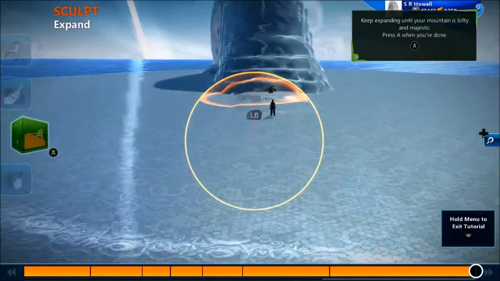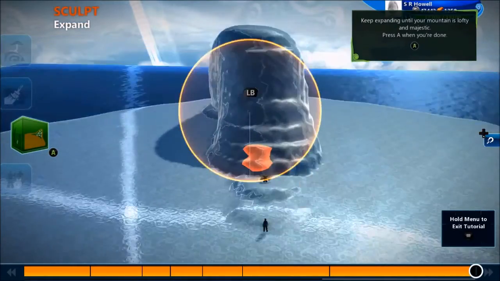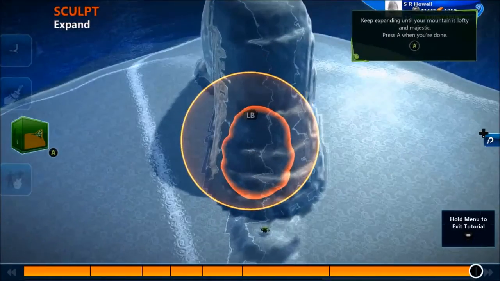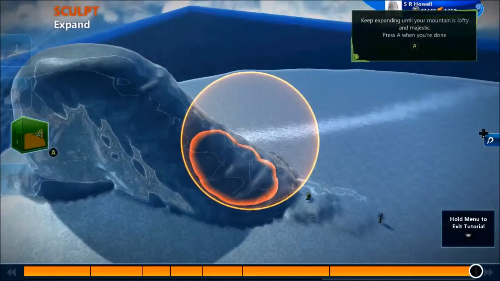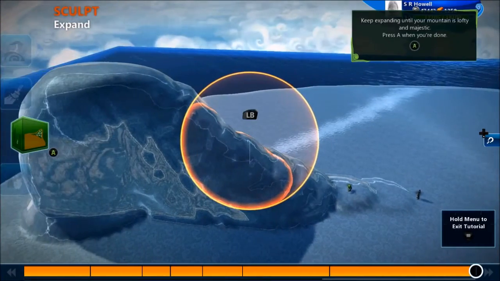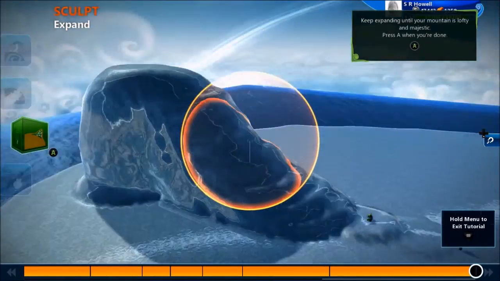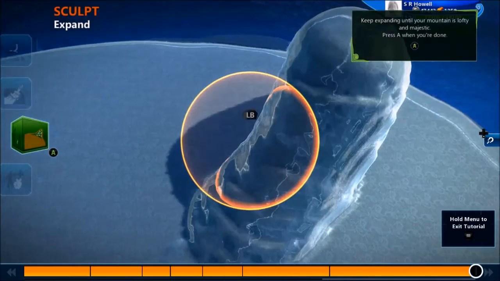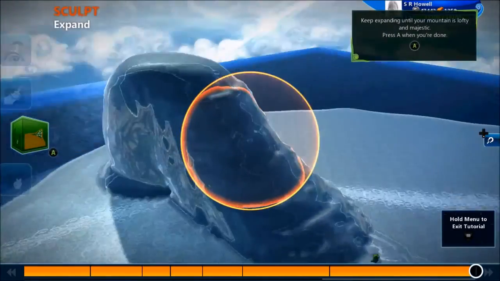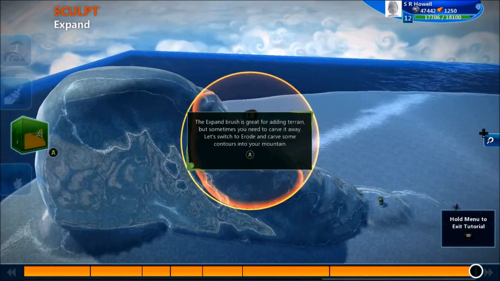We'll just orbit around it there. That should be steep enough, but not too steep to climb up. But it might be a little steep. It might be hard to get up some sections of that. Maybe we could erode away a bit of it. So it says